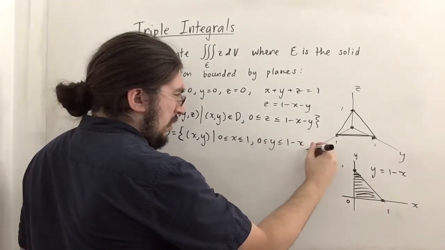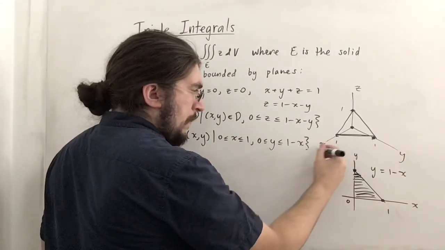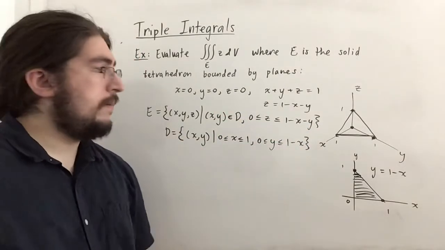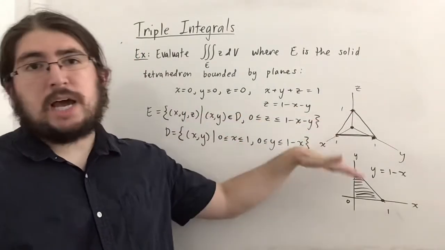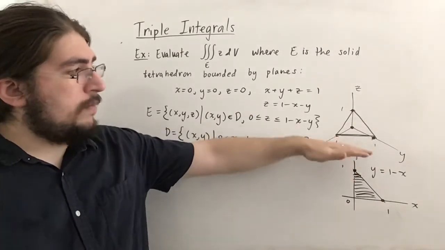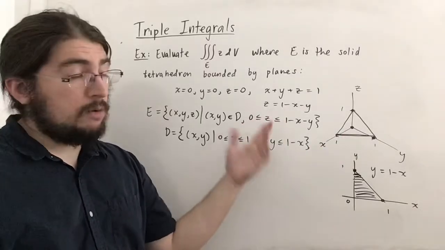So I know it's a little hard to figure out how I did it here. It's not super intuitive, but after a little bit, you get a feel for it. Really, it's just looking at what shadow you like, and I like the XY shadow. So that means Z is going to be in between these two pieces here: the XY plane, which is Z equals 0,